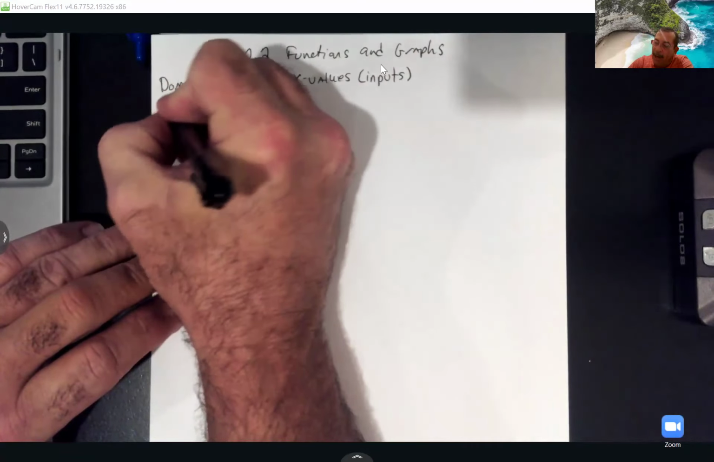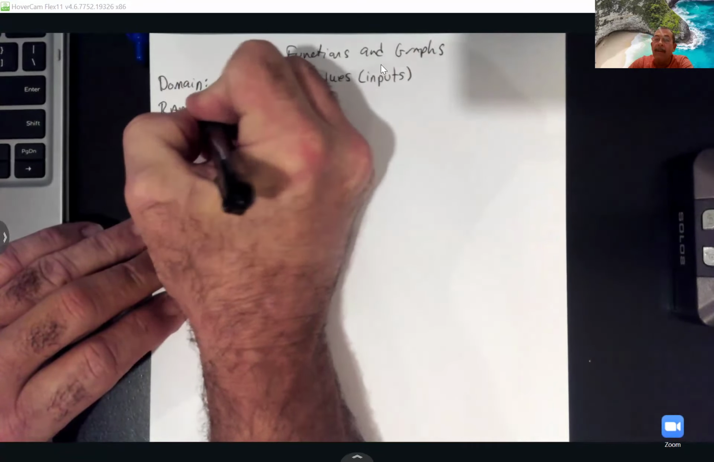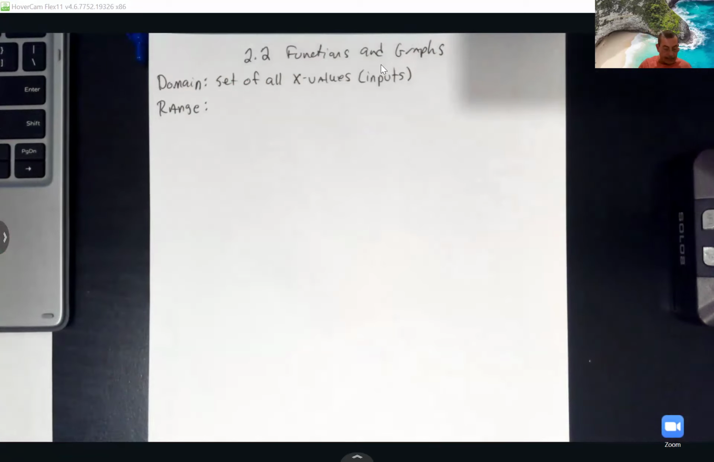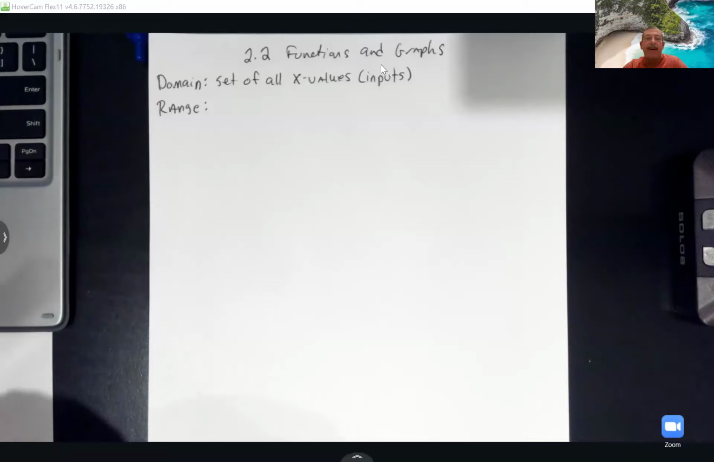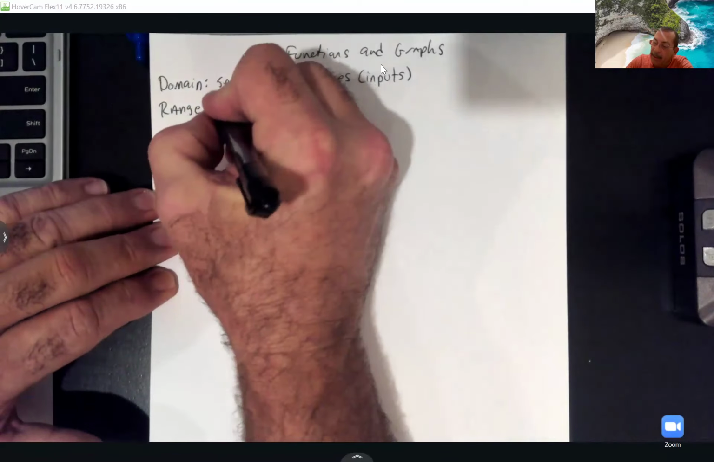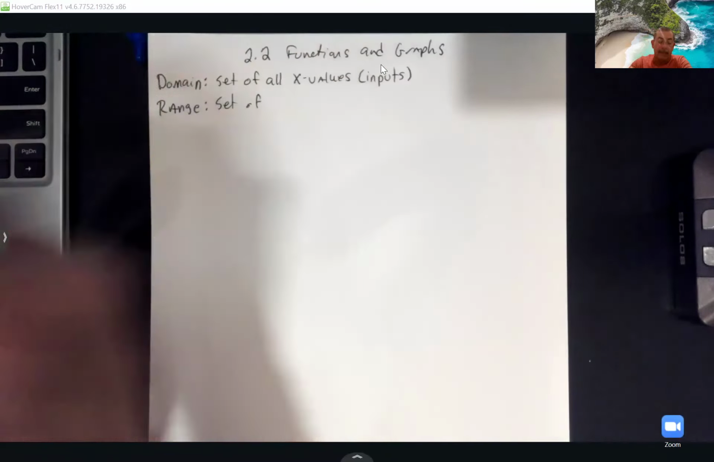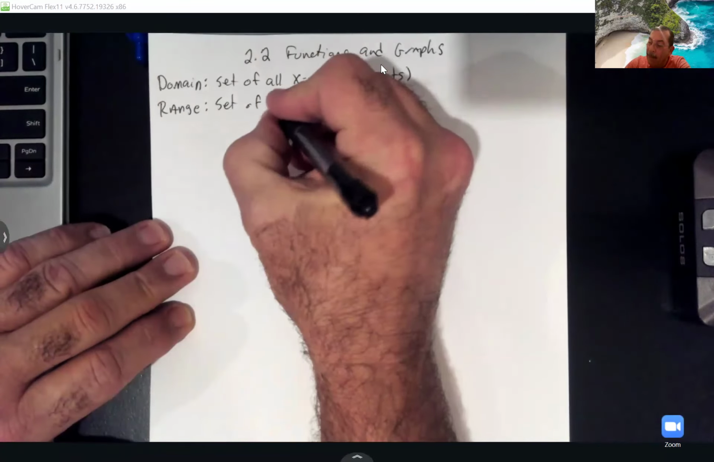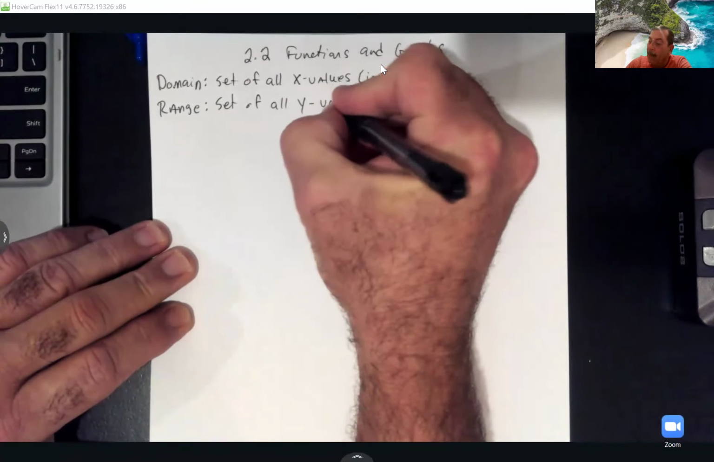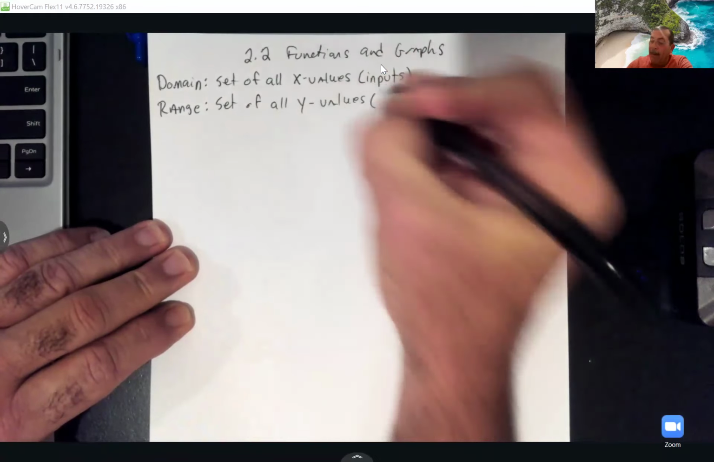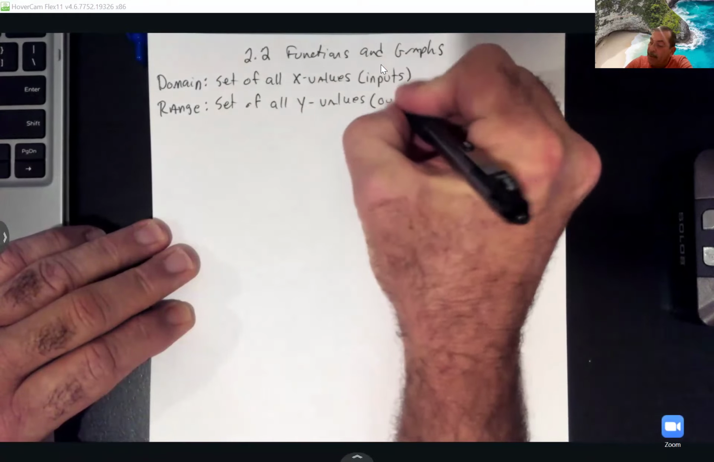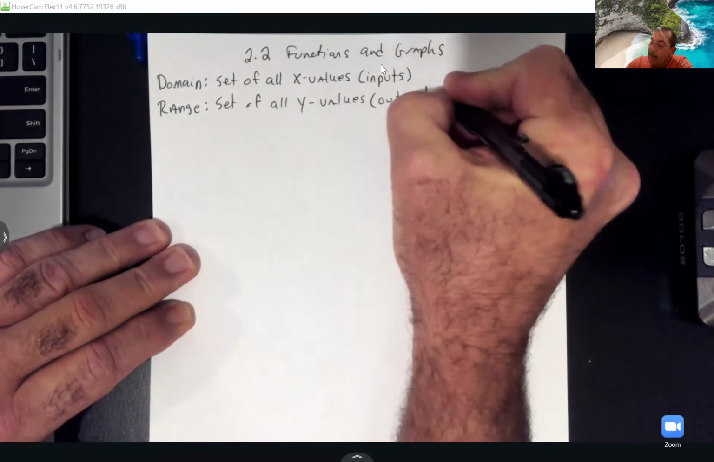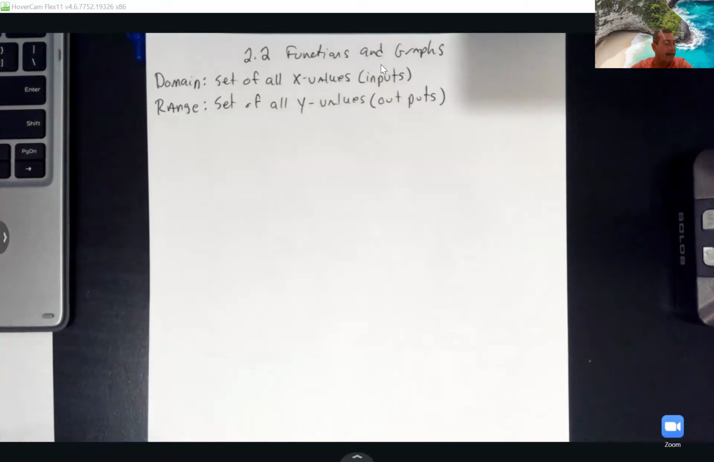And then we got our range. And the range is basically the set of all y values. And you can look at the y values as the outputs. Okay, so